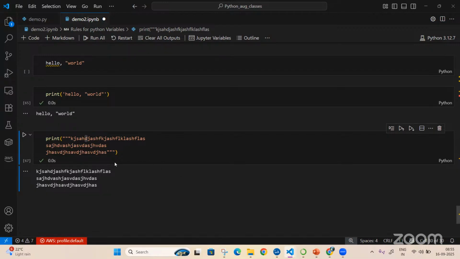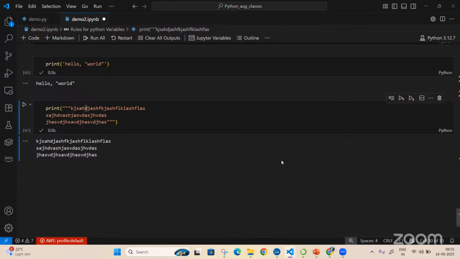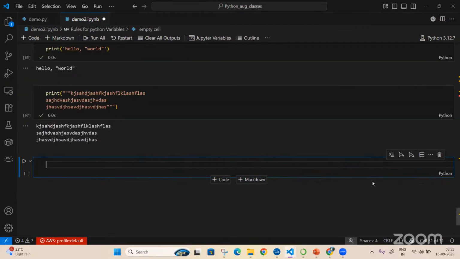This is all basic about how to use your print statement. Okay. Now I'll introduce something.